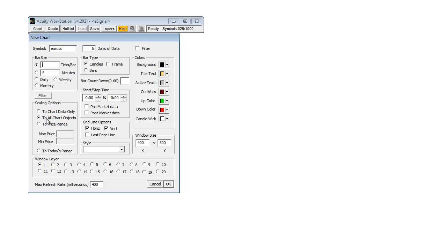The scaling options, this is the default, and it will use all the different studies, support resistance areas, and the price bars high and low to create the scale. This charts just the price action only, chart data, and this one allows you to put in any prices you want. Let's say 1.3500 to 1.3200, and it also has a nice hidden feature, which, let's say a currency moved